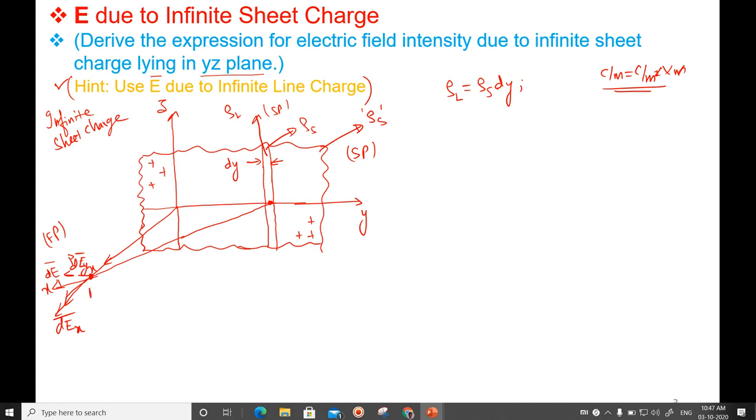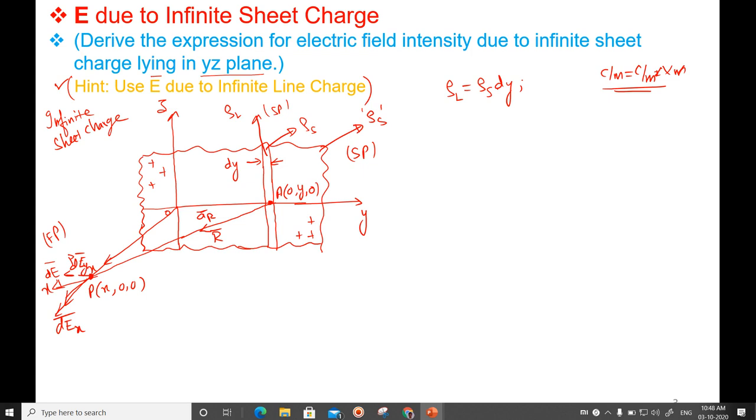So what are the coordinates of point P here? On the x-axis, it is at some distance x, y is 0, z is 0. And what are the coordinates here? Let me write them. Let me call it A of: on the y-axis, x is 0, y is at some distance y from the origin, z is 0. So this is the source point A of (0, y, 0), and the field point coordinates are (x, 0, 0). Let me call the distance between the source point and the field point r, and the unit vector aR.